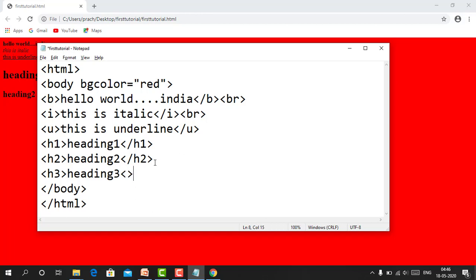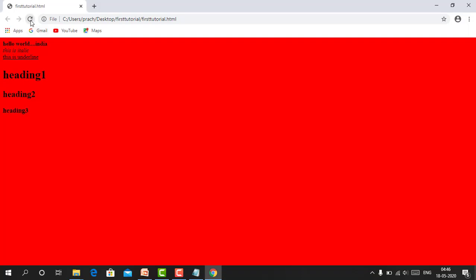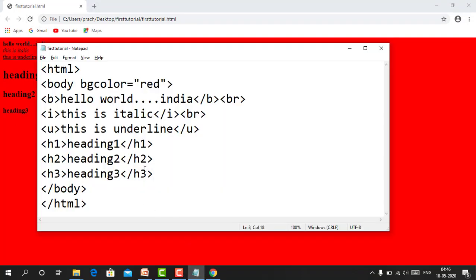Okay, and close it. It is compulsory to close every tag which we have opened. Now heading 4, and closing H4.